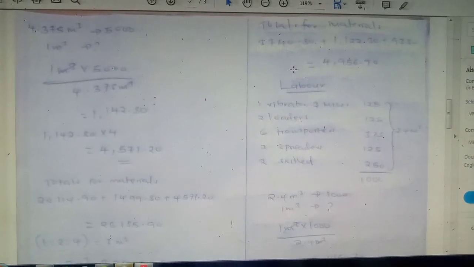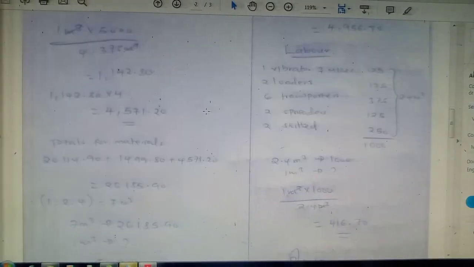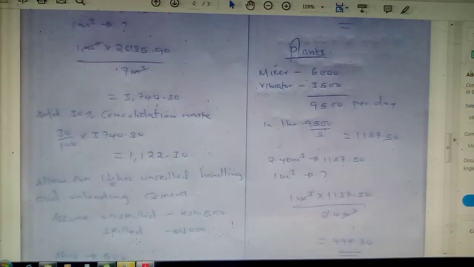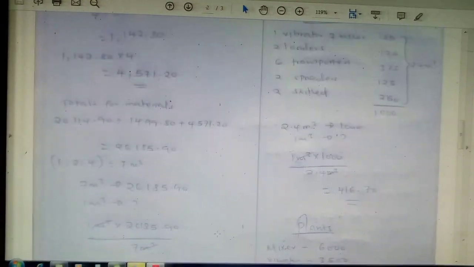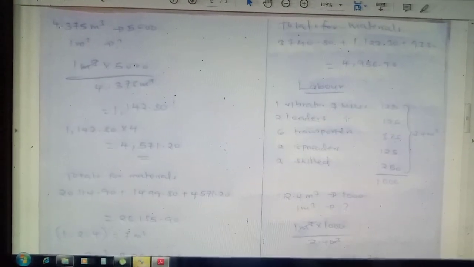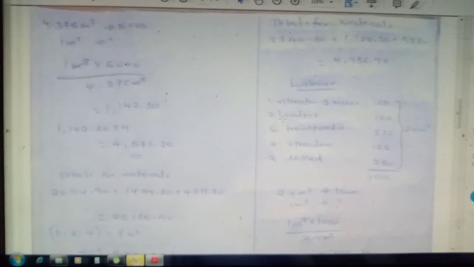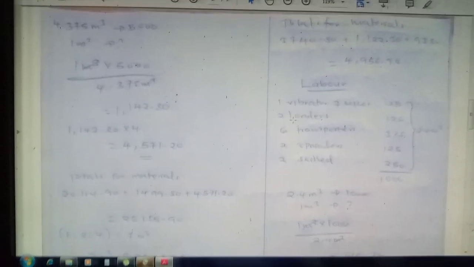So you take, like for vibrator and mixer, you take the cost for skilled and unskilled. Skilled will do the vibrator. So you take this 1000, divide it by 8 working hours, you'll get 125. Then the loaders are the people who will load the cement, sand and ballast into the mixer while it